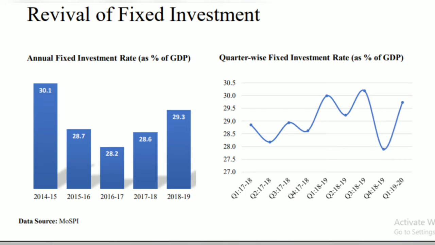We consider it as 30% of the GDP. That means the economy of India is 2.5 trillion dollars. That means around 750 billion dollars something. That's during 18-19 it was